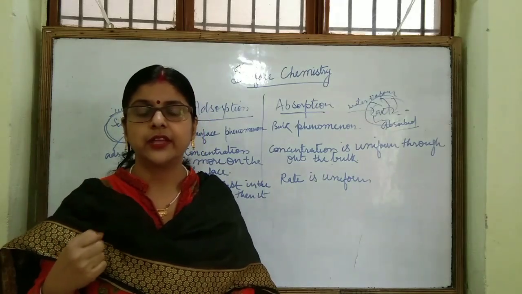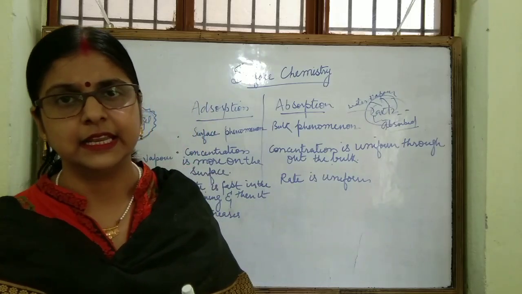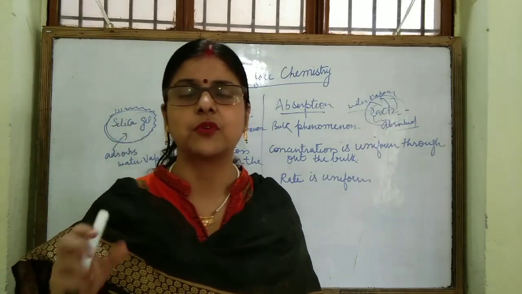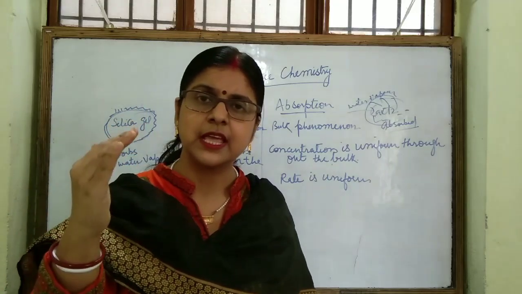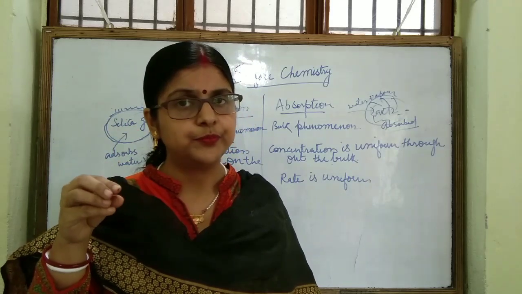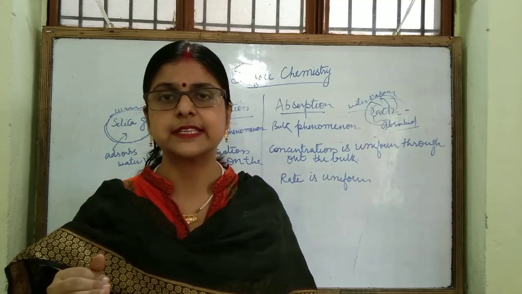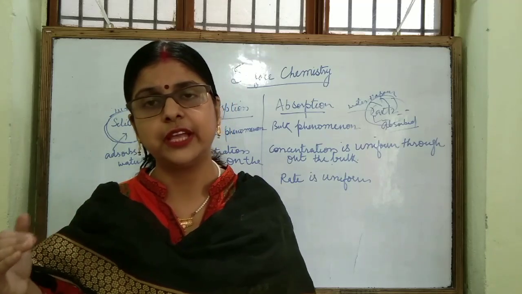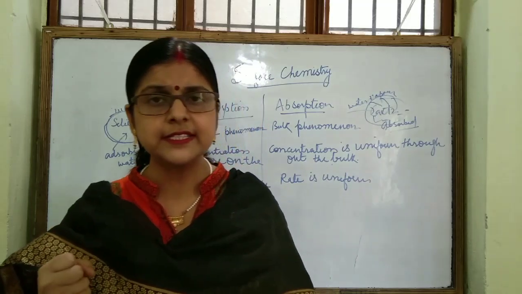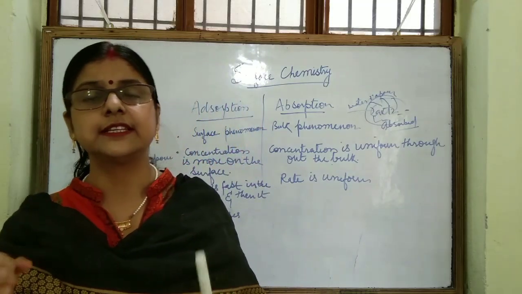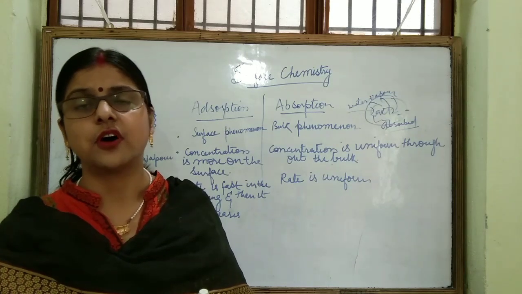You can take up many other examples of adsorption. Suppose you are taking carbon monoxide, ammonia in a vessel, and you are keeping some charcoal in it. If you measure the pressure at first, and after putting some animal charcoal in it, you close the vessel and after some time take the pressure, it will have decreased. Why is it decreasing? Yes students, it is decreasing because the gases are being adsorbed by this